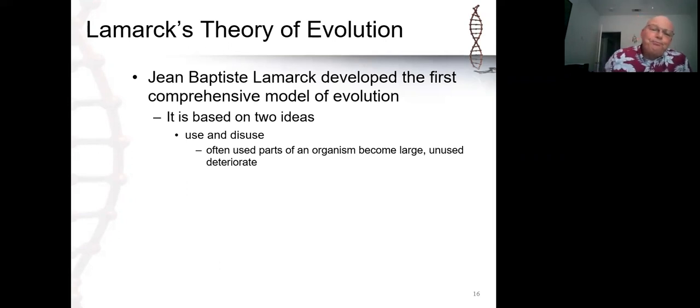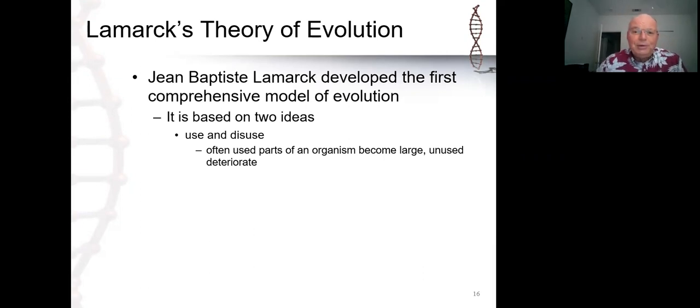And so if you think in terms of any feature that an organism possesses, if that feature is something that organisms continually use, they retain it. It might even get bigger depending on how important it is. But if it was something that they don't use, then eventually it would wither away and disappear. Now, as you'll see as we talk more about evolution, we can talk about an idea that sounds very similar to that. It's not use and disuse, however. It's more in terms of